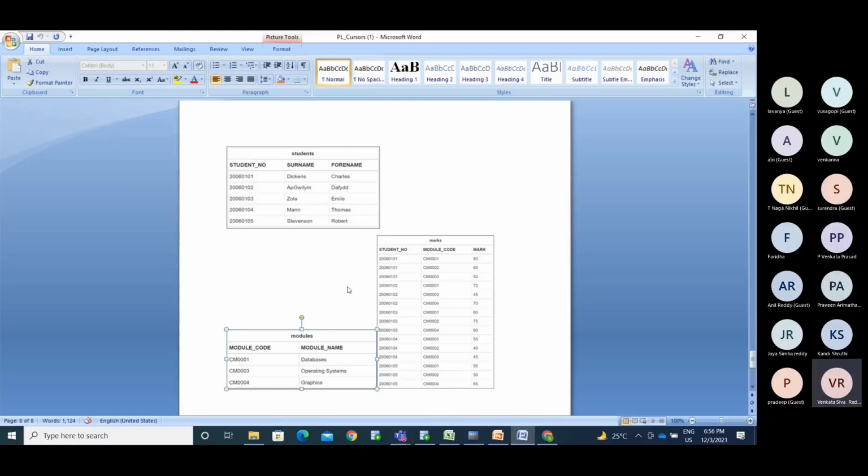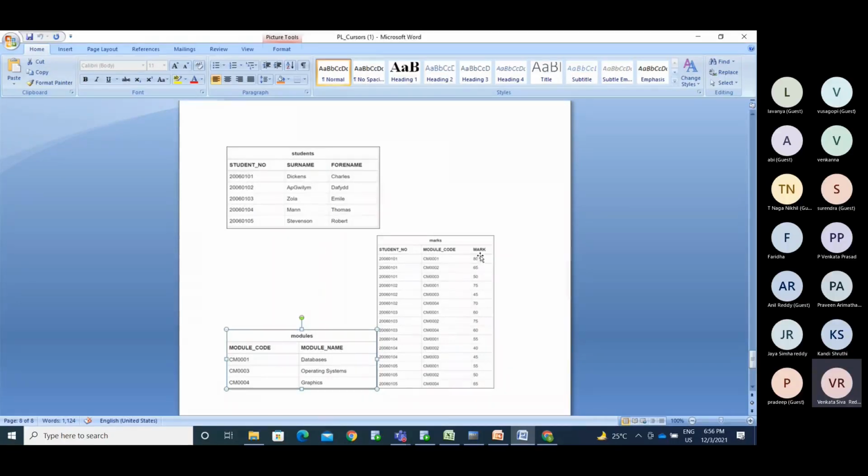I don't know what things you can perform, but I need those results. So the student number 20060102, Dykins, has the information 80, 65, 50. We have three subjects here.